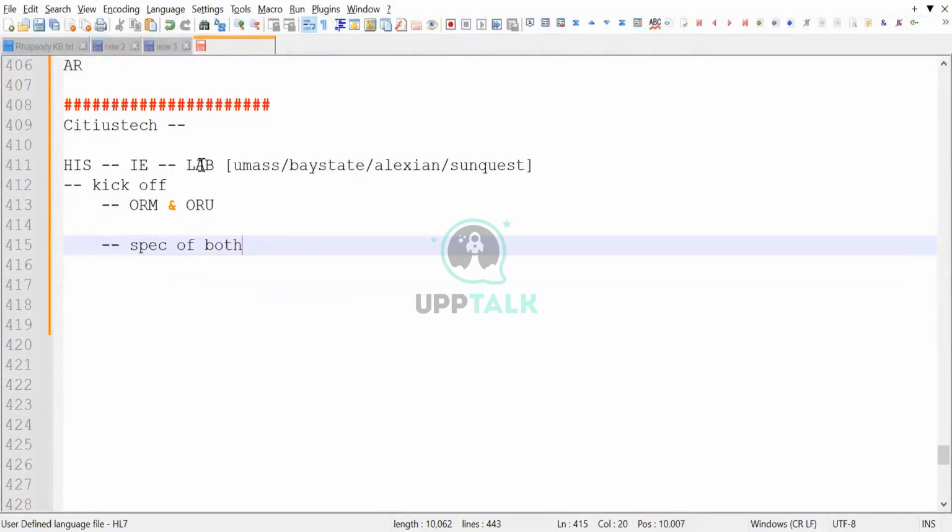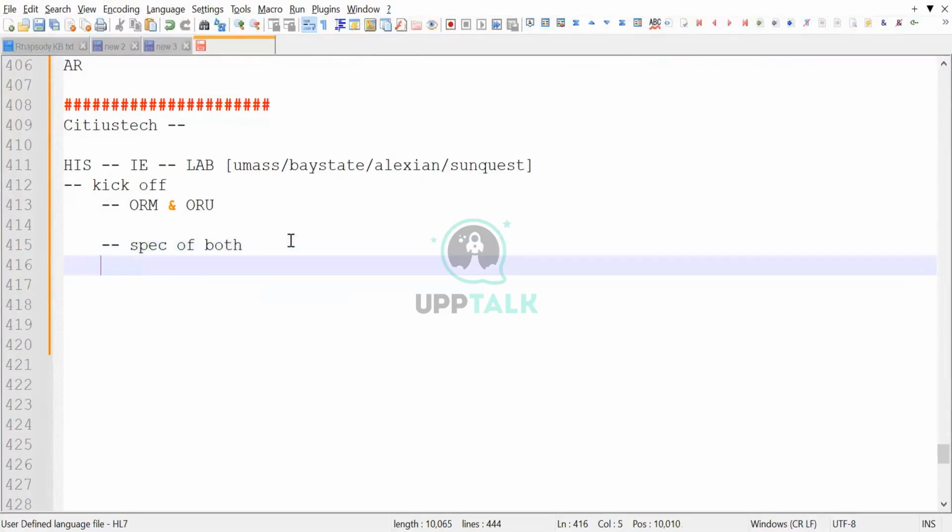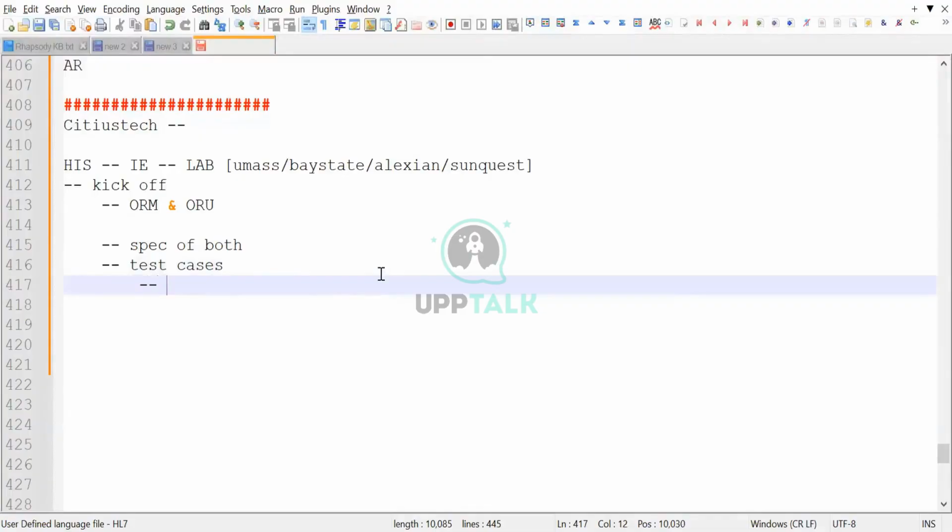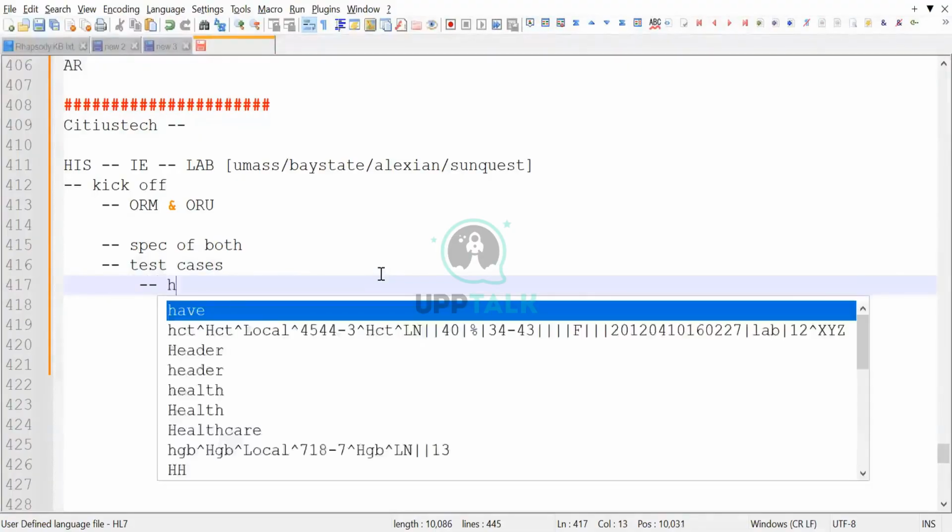What you will receive, what you have to send, what you will receive from the lab, and what you have to send back to the hospital information system. Once that is done, then there will be test cases. When I say test cases in this case, what usually happens is the hospital